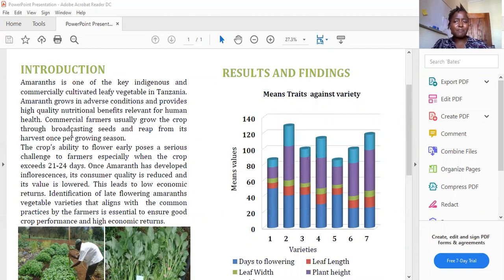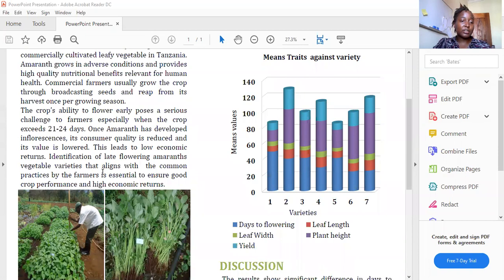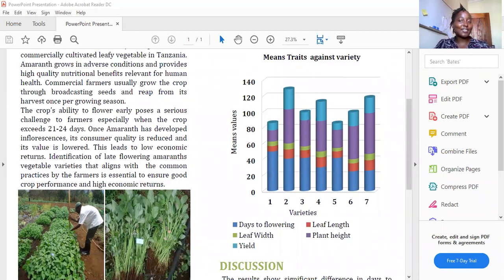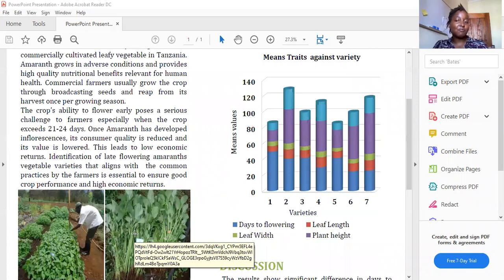Commercial farming practice has been through transplanting the seedlings, but also through broadcasting the seeds. When you visit the market and you see that the Amaranthus has this part of the roots, you just know that this Amaranthus was cultivated through broadcasting. So one of the challenges that we encounter with the farmers who practice this method is